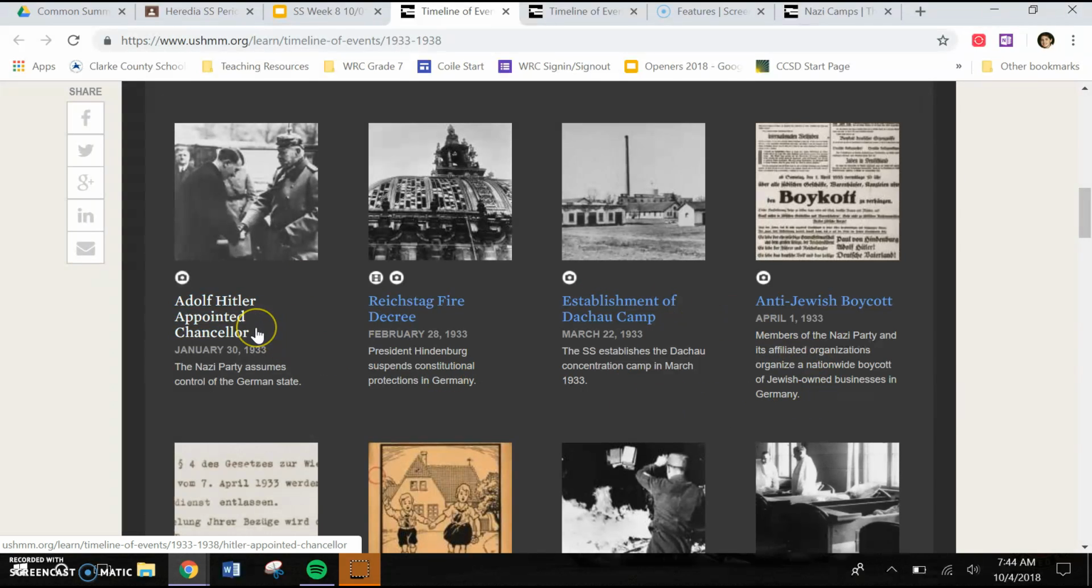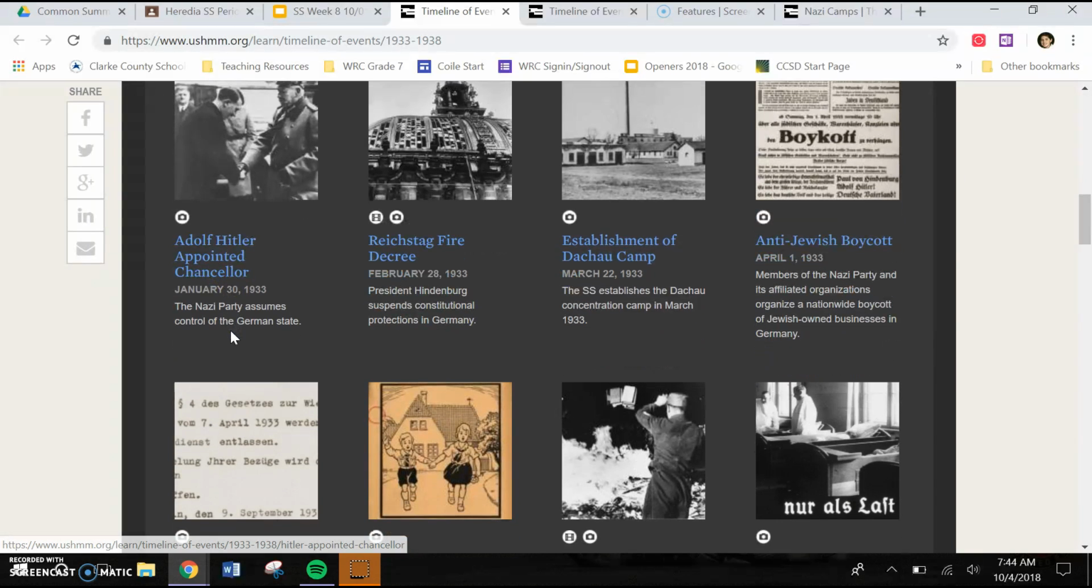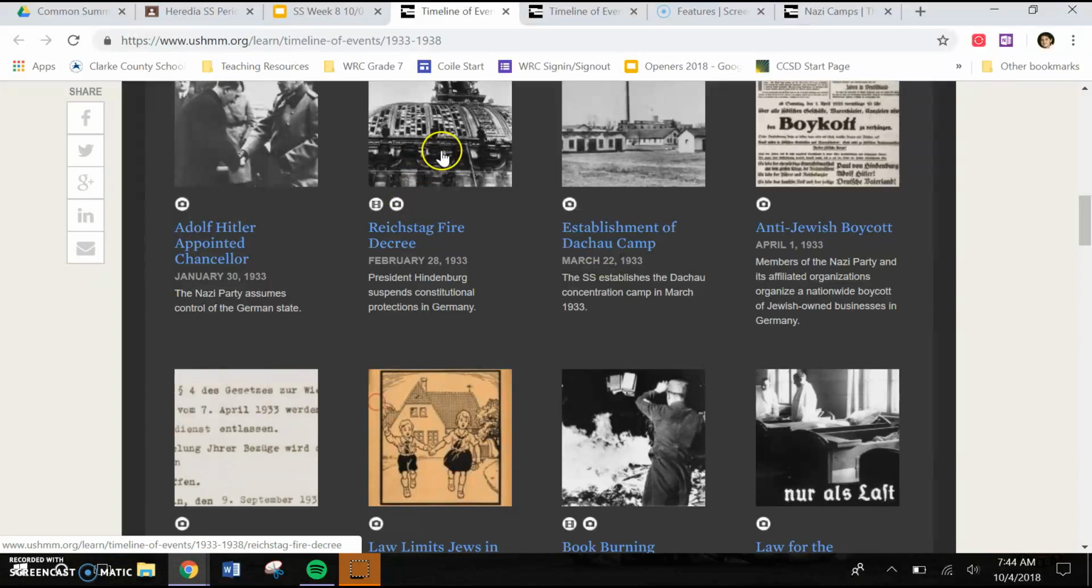So the first event that you need to have in your timeline is the first event on this page, and that is that Adolf Hitler was appointed the Chancellor of Germany. From there, take some time, look at the pictures. You can see some of the things that started. For example,